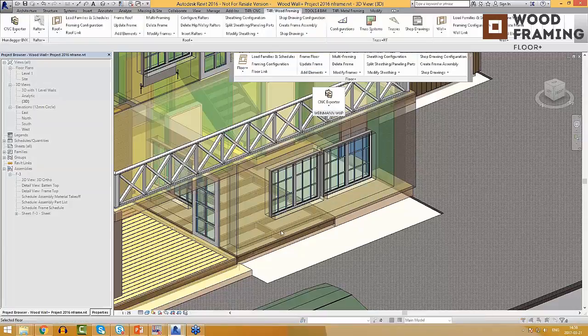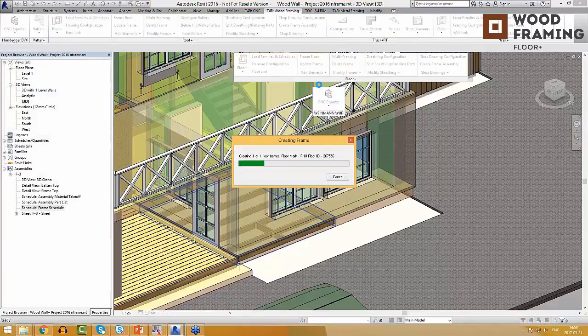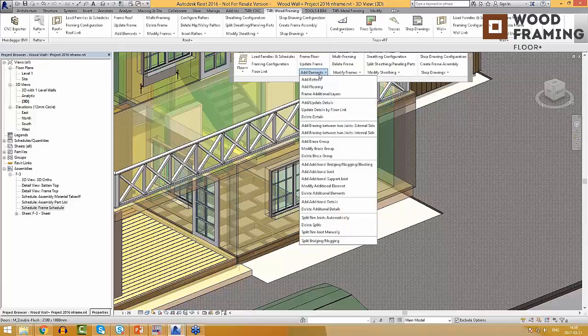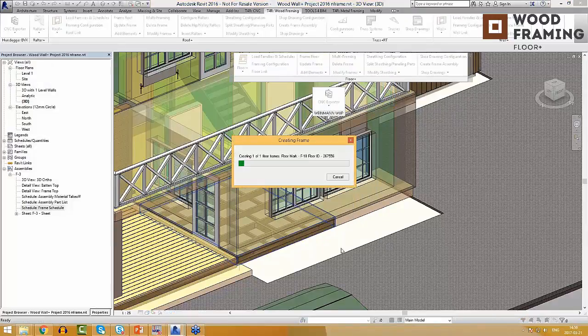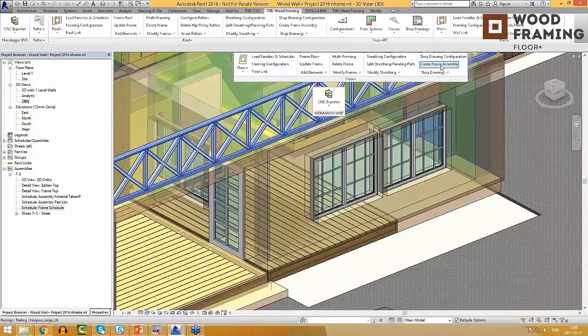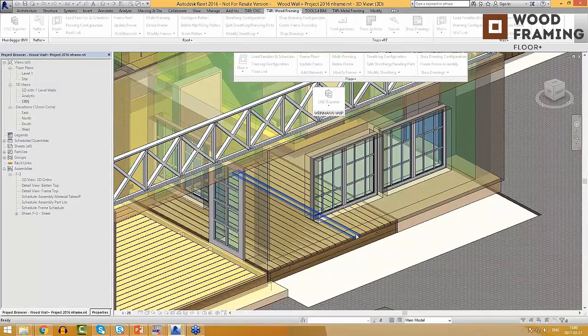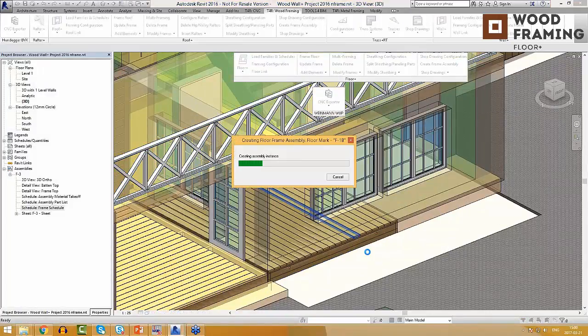Now I will also add the battens, and I will add the flooring. I have to create the frame assembly. Now for this wall, for this floor,